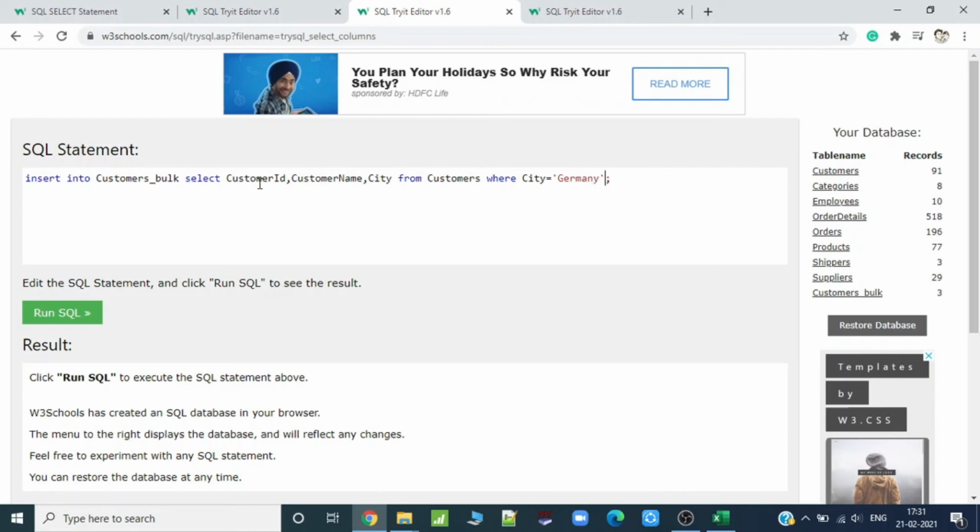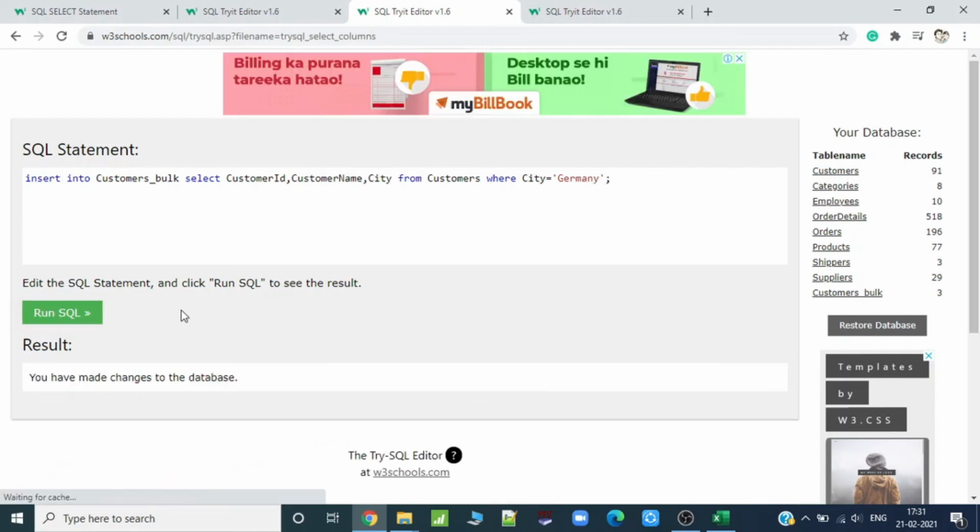Is Germany there or not? I need to check. Yeah, it made changes to the database, but nothing changed.